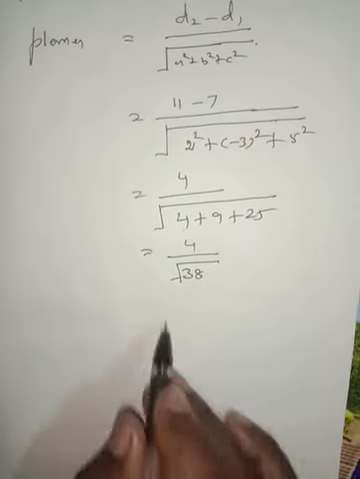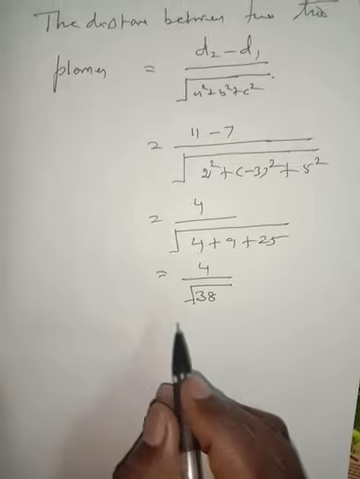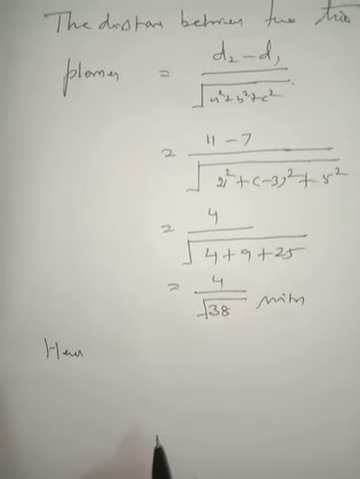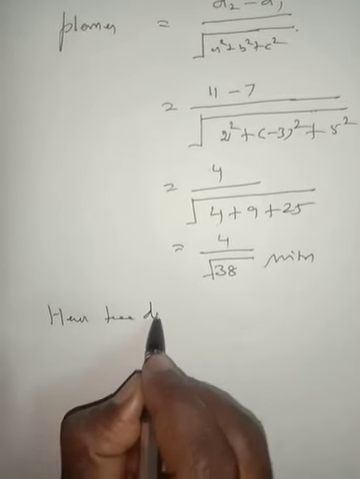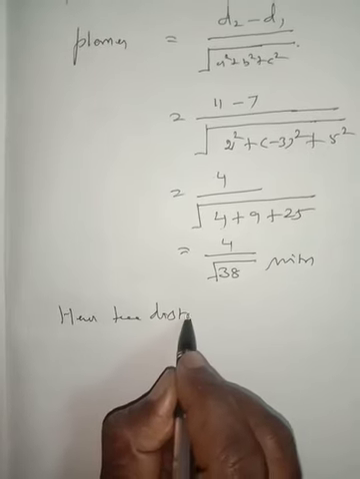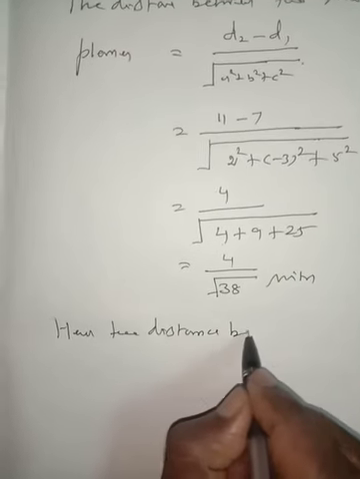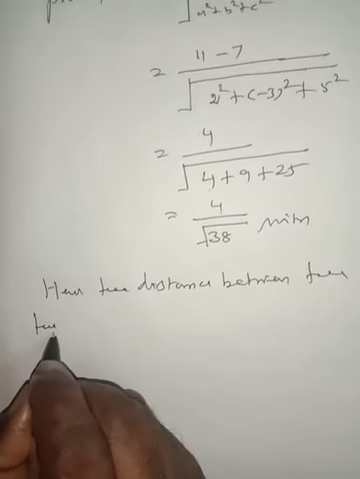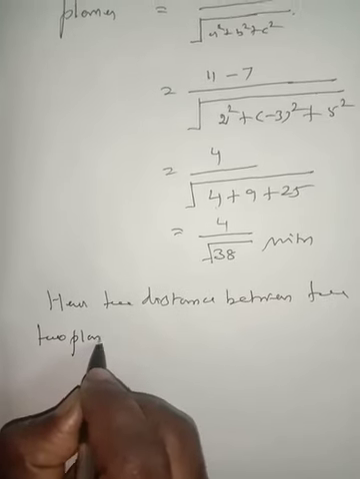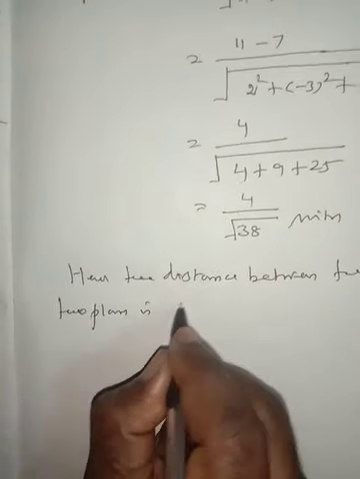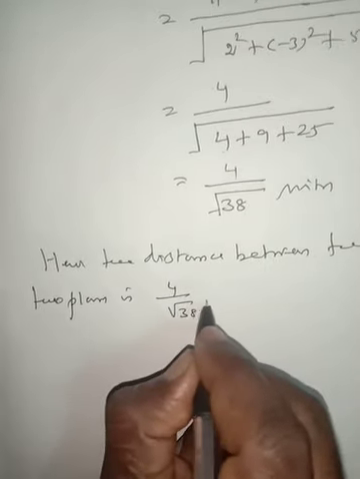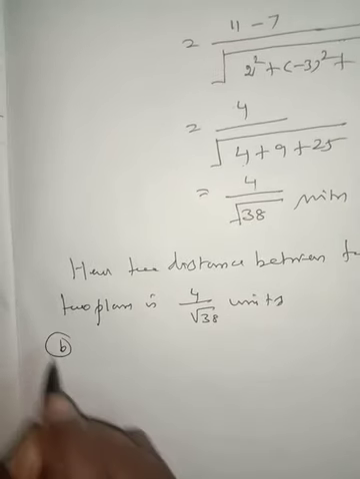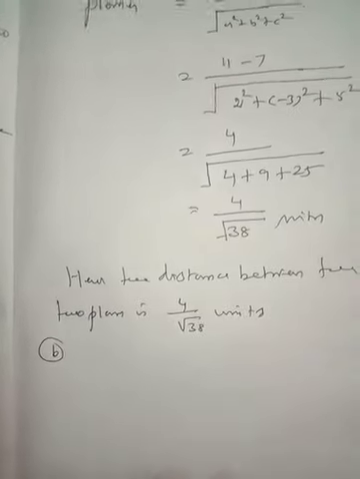Now we cannot cancel the numerator and denominator. Therefore, hence the distance between the two planes is 4 divided by root 38 units. Question number 6. Find the length of perpendicular from